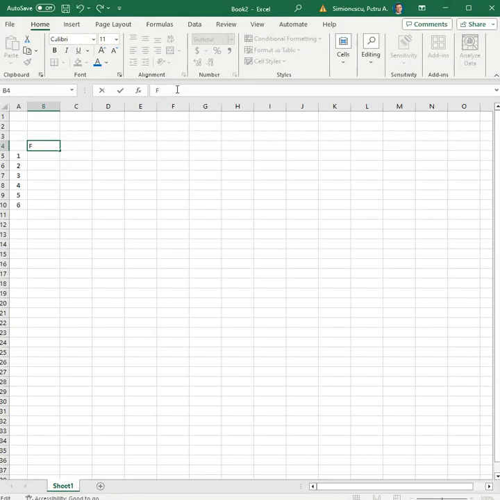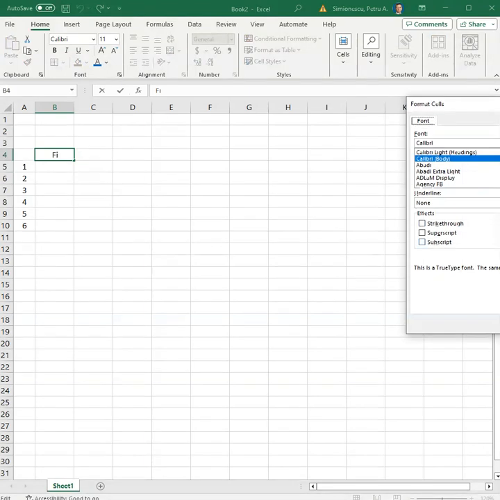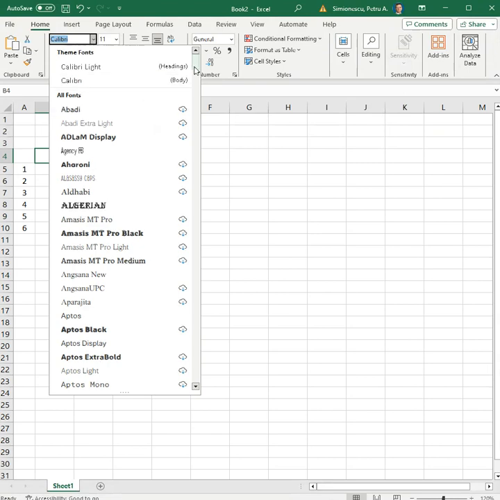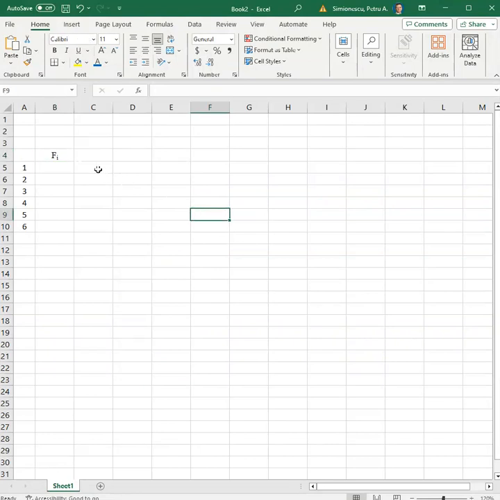I, the magnitude, and let me make this bigger. So F sub i, and I want to use subscript. So I go to font and subscript, and then we can make this other, like Times New Roman. So Times New Roman, what is it here? And then maybe italic. So I copy this, copy and paste, and then this will be, actually no, this is